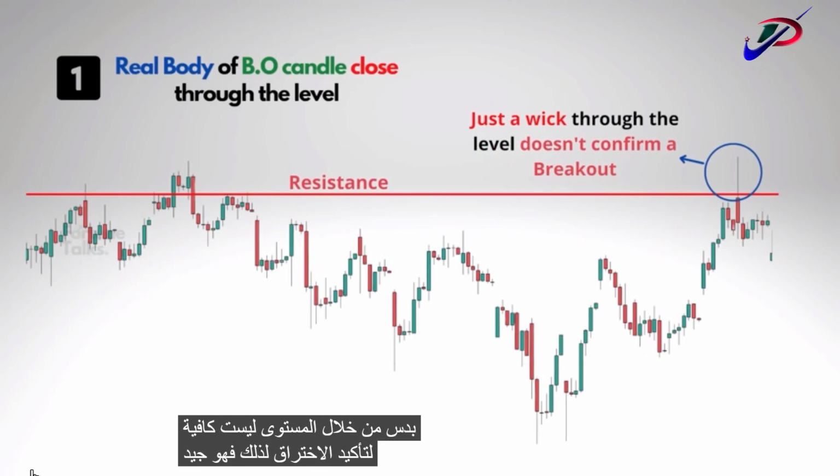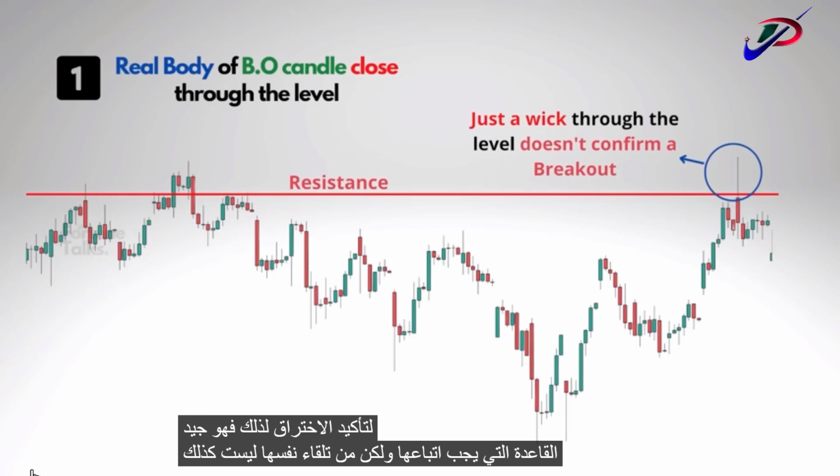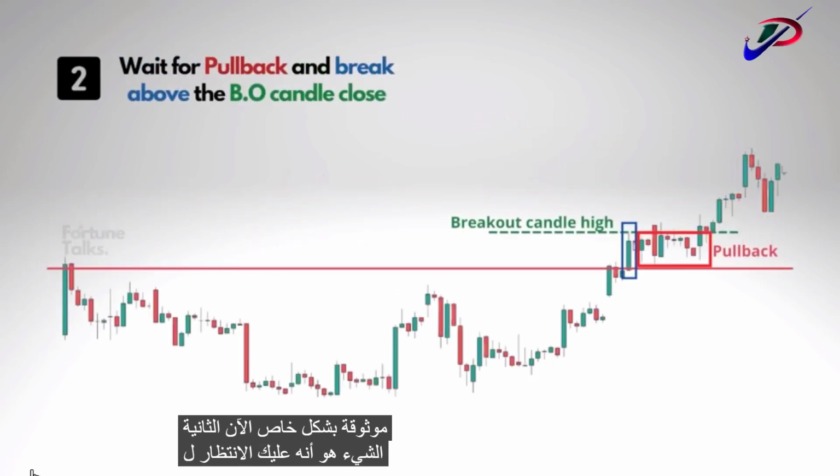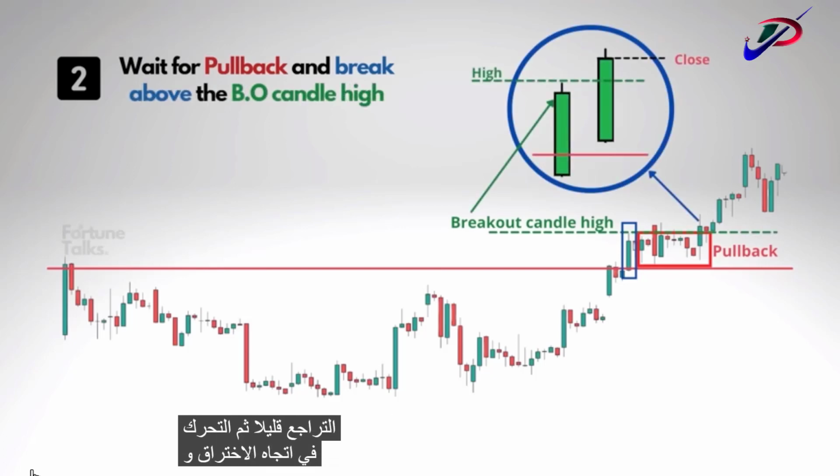So it's a good rule to follow, but on its own it's not particularly reliable. Now the second thing is that you have to wait for a close beyond the support or resistance level, and then you have to wait for the price to retrace back to the level or pull back by a little bit and then move in the direction of the breakout, and this candle should close beyond the closing price of the breakout candle. This is a resistance turned support or a support turned resistance method, which is a reliable way